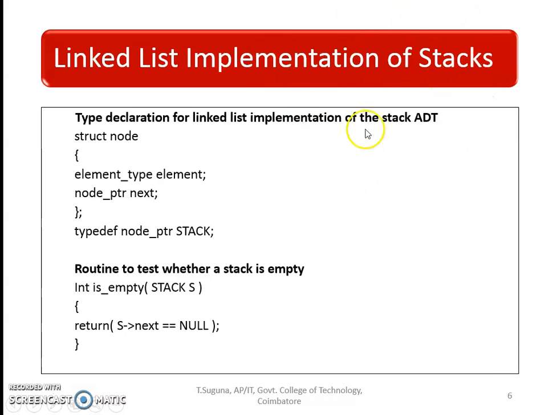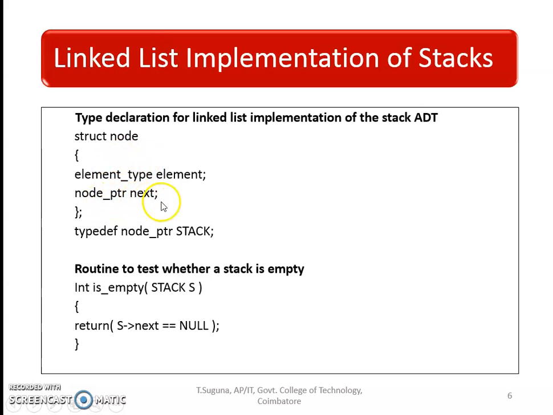To perform a linked list implementation of a stack, first we need to declare the node that holds the data item and the next pointer to hold the address of the next data where it resides in the memory. So the declaration comes here. Here we are declaring a node using a structure. Inside the structure we have two elements. One is the data that is to be held, which is indicated by ElementType element. Here ElementType is the type definition value. It may be any data type. It may be an integer, real, float, char or any user defined data type.